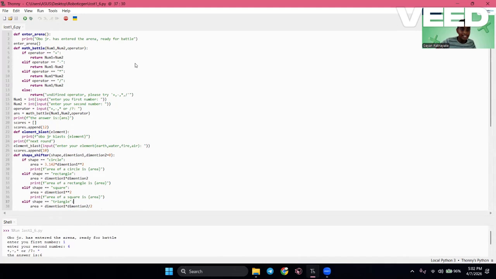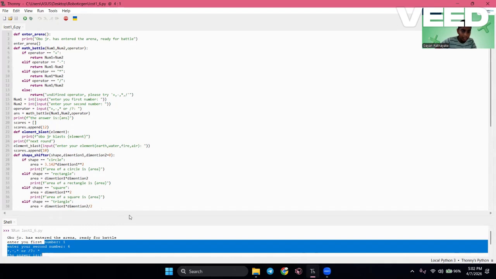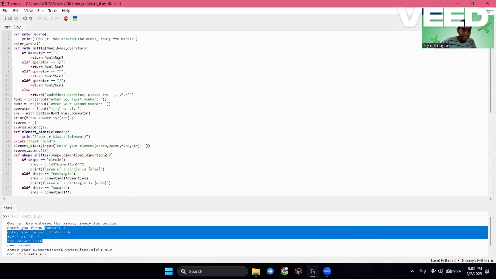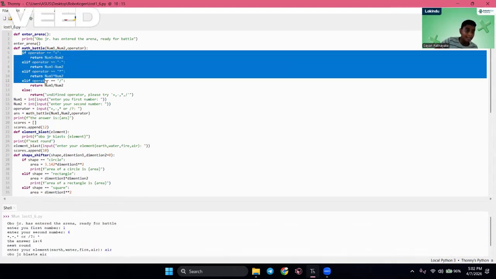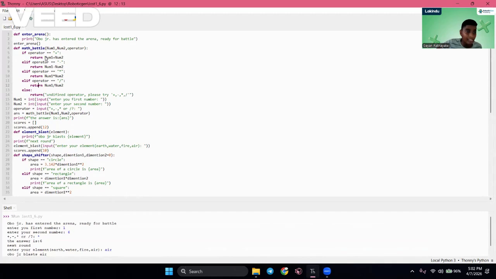So now here's the detailed breakdown of the code. Here this is a function called enter arena, and it basically prints this, and we call the function again. And then the next one is the math battle. As you can see, we are entering numbers and we get the answer. So that's the math battle. It's just some if and else statements. If the operator is plus, we add them.